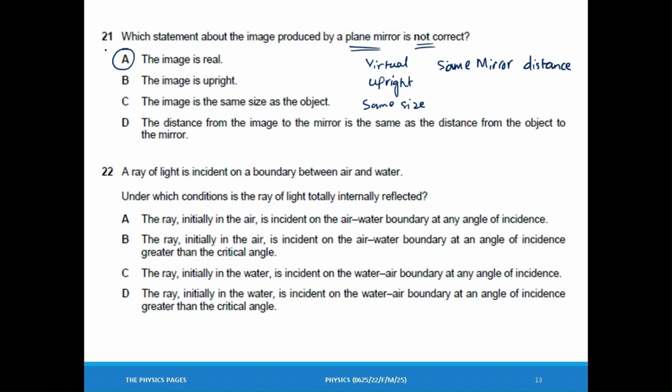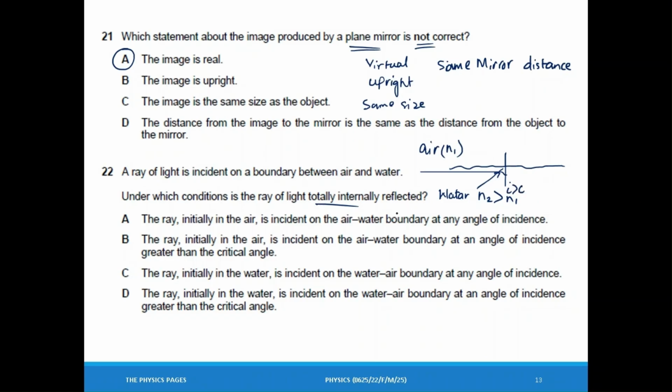Question number 22 says a ray of light is incident on a boundary between air and water. This is for example water, and we know that the refractive index of the water, N2 let's say, is greater than N1. N1 is the air refractive index, so it is always smaller. Now, boundary between air and water, under what condition will a ray of light totally internally reflect? Total internal reflection is dependent on the critical angle. If the angle of incidence, this angle, is greater than the critical angle,